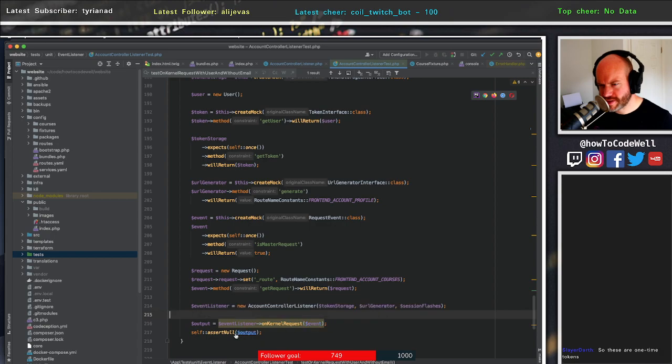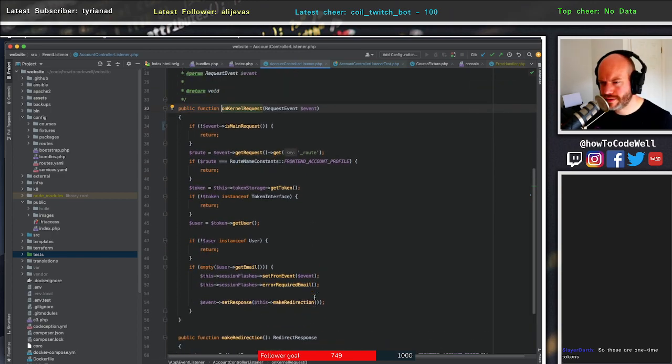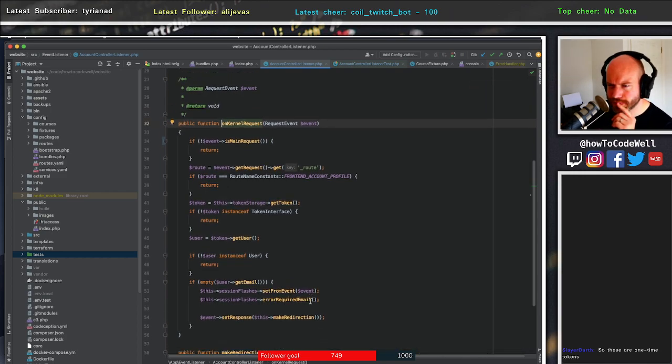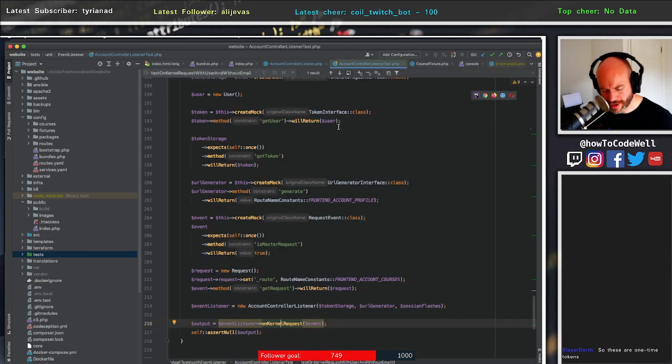The event self-assert null. So what does that do? On kernel. That's very weird. Anyway, let's get back to the